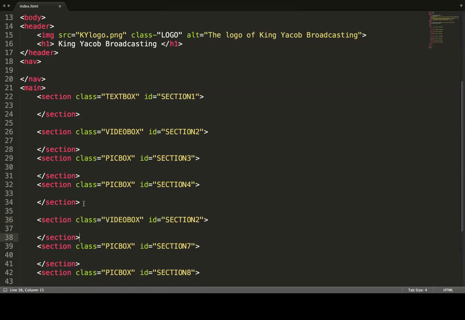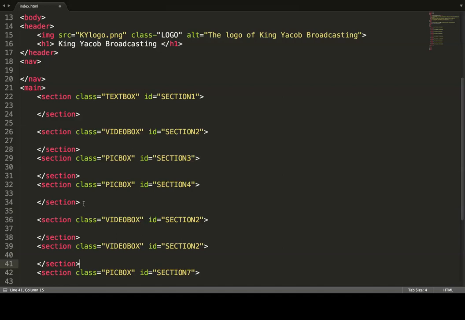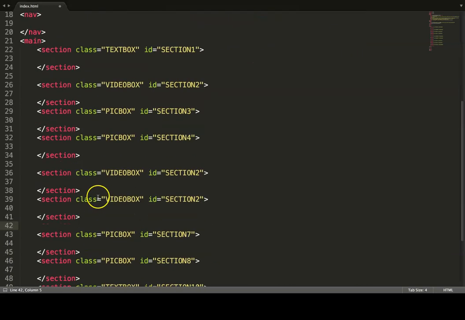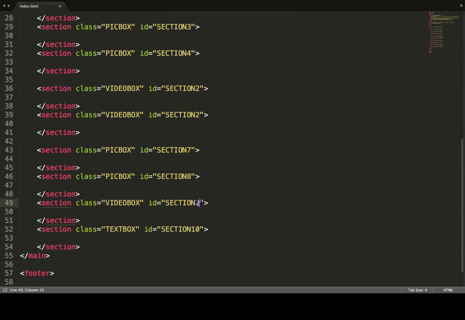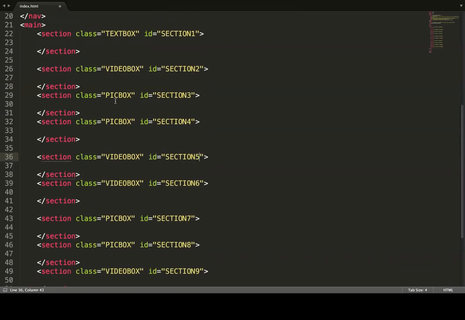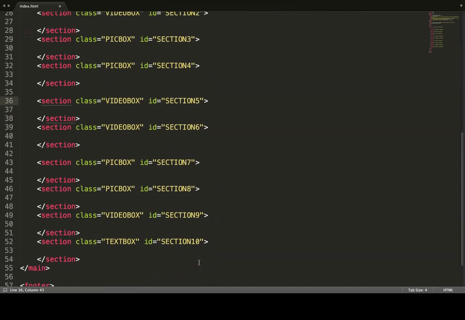So this is going to be section 9 for video box, 6 and 5. Okay, so double checking 1 2 3 4 5 6 7 8 9 10,